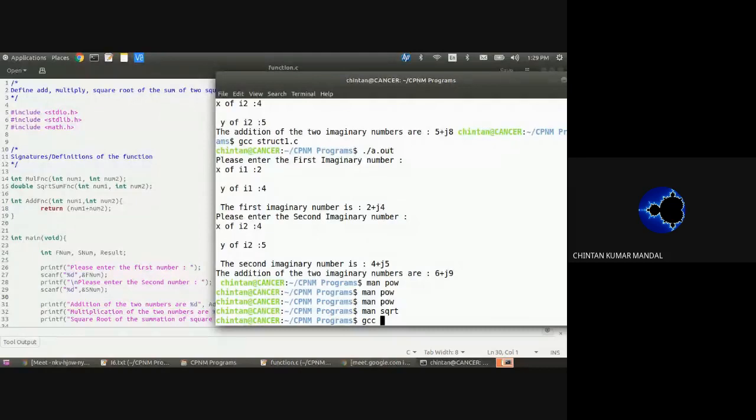Unfortunately, when I'm working with math.h, it does not get linked directly like the stdio and stdlib libraries. So I have to do something extra, that is -lm. So -lm means l is for link, m means the math library. So when I use the math library, it should always be gcc with -lm, and then